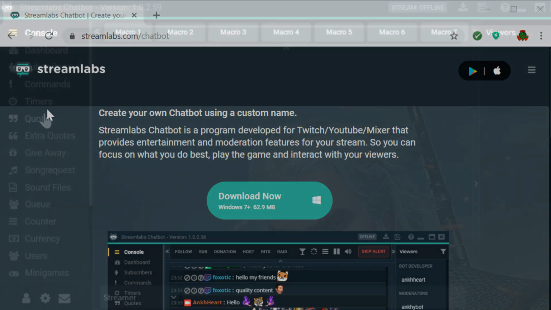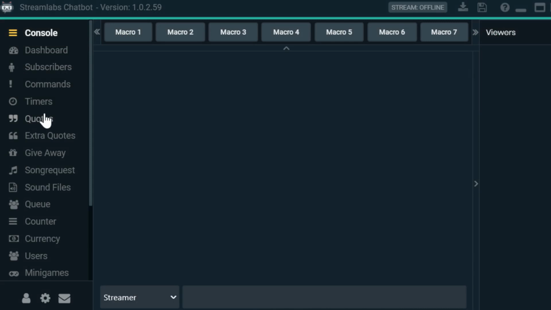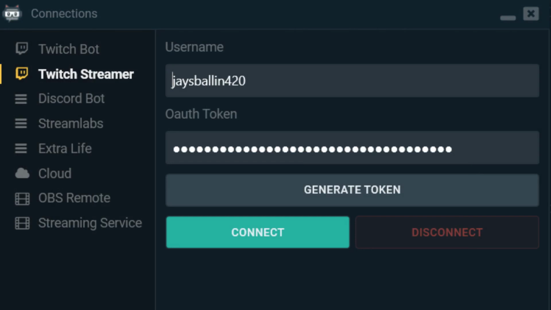Then second, this will pop up. Basically this window is your HUD, so everything that's going to go on your stream will be in this area. Come right down to the left hand corner and it'll say connections in the bottom. Click on that and it should pop up a little section saying Twitch bot, Twitch streamer, Discord, all that. Click on Twitch streamer, type in your Twitch channel, and then generate